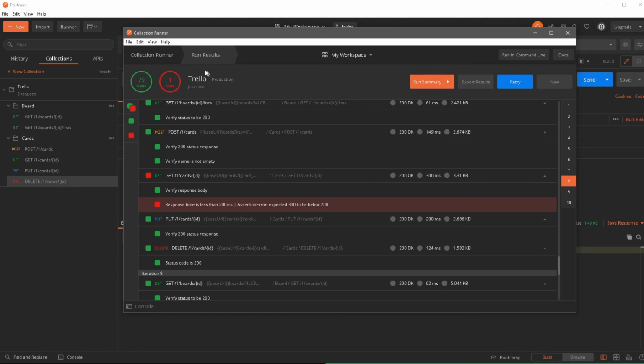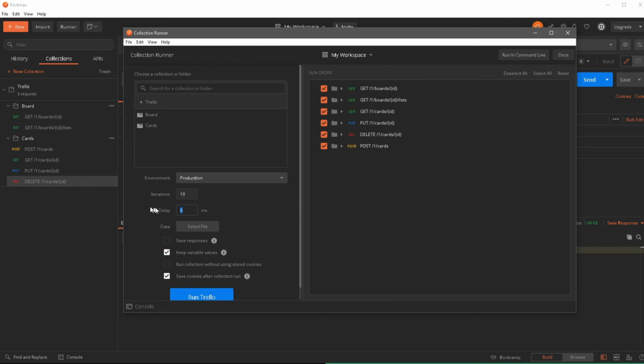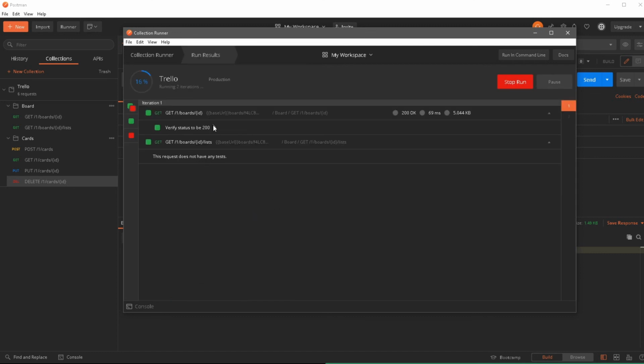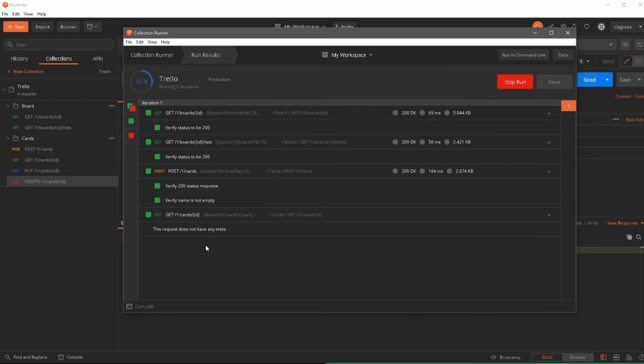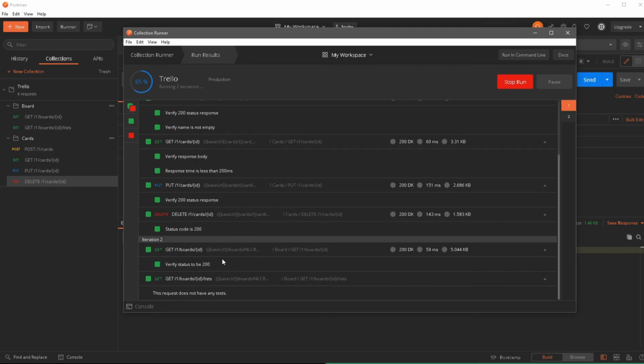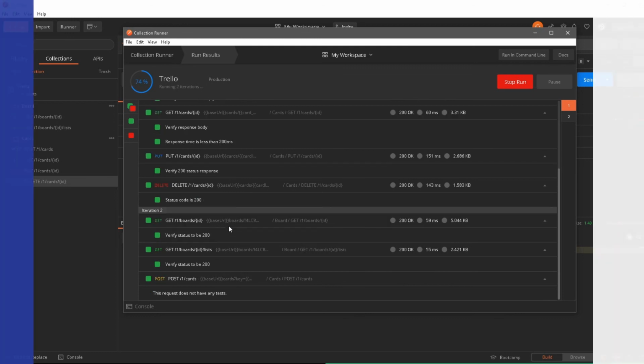So that's pretty cool. This delay over here is simply, when I'm running one iteration after another, how much time it's going to wait. So I can set this to, let's say, 2000 milliseconds and change the iterations to just 2. If I run this, it's going to run this first iteration, wait 2000 milliseconds between each request, then run the next one, and keep doing it after each 2 seconds. So I'm going to wait for this to complete and then we'll be back.